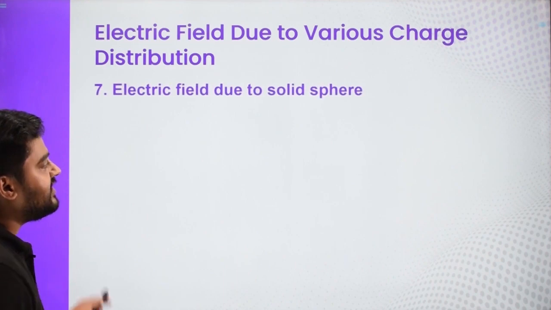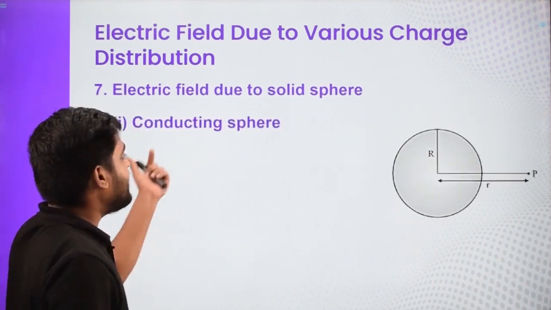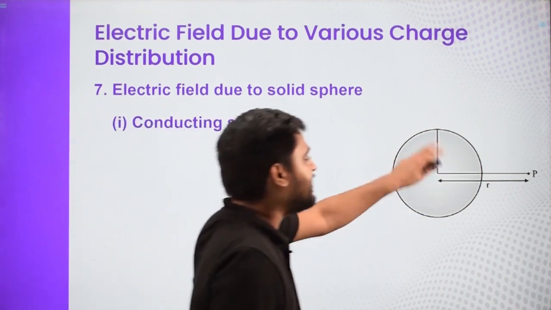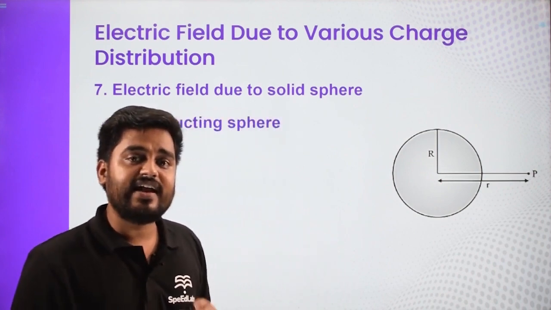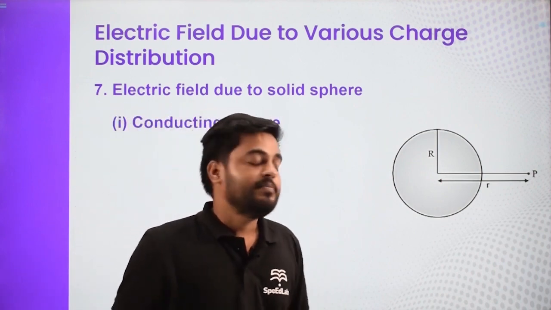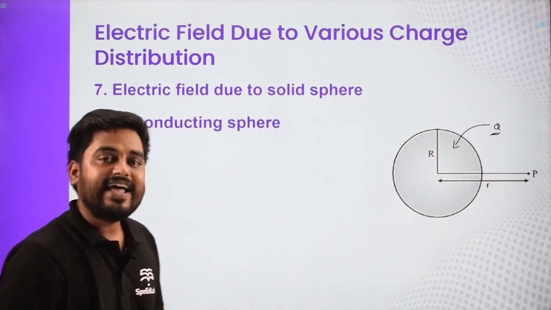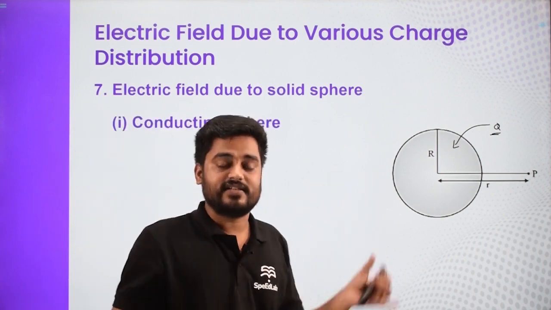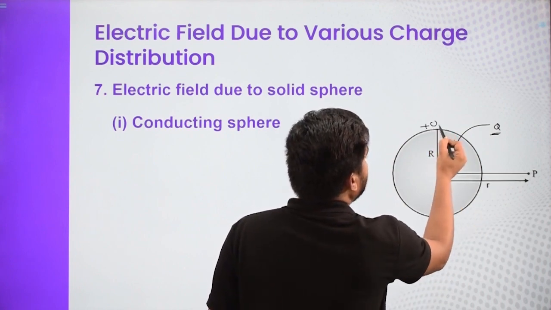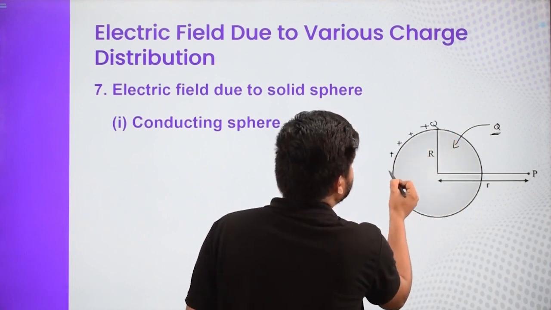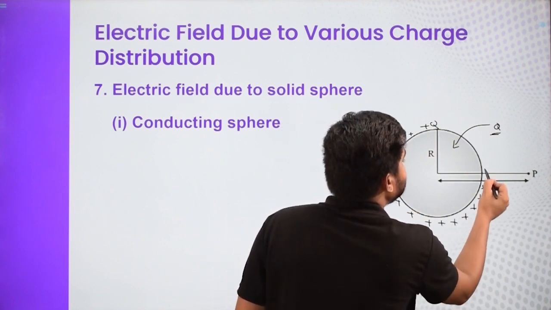The next case is the electric field due to a solid sphere. So we have a solid sphere and that is a conducting solid sphere. Now what is the difference between a conducting solid sphere and a shell? None. Why? Because if you give any charge Q to this conducting sphere, then the entire charge will go and lie over its surface only. So we know that on this surface the charge is lying over the surface only. So all the charge is just lying at the surface, and hence it will just behave as a spherical shell.